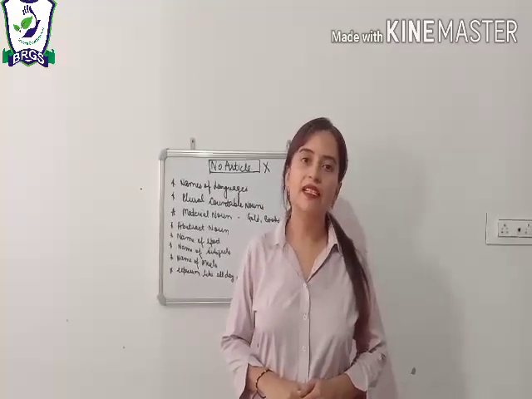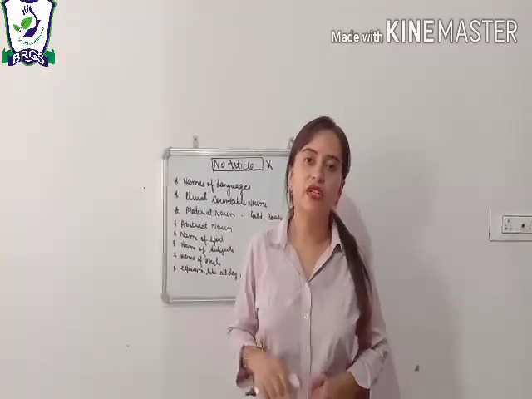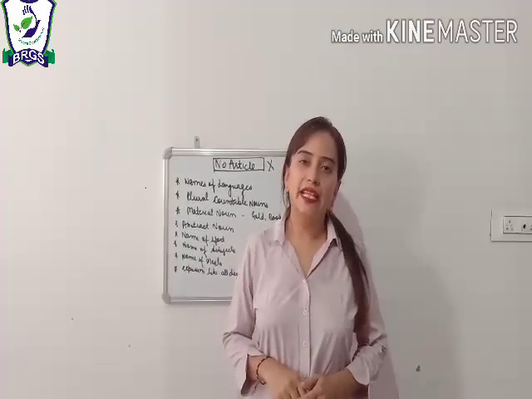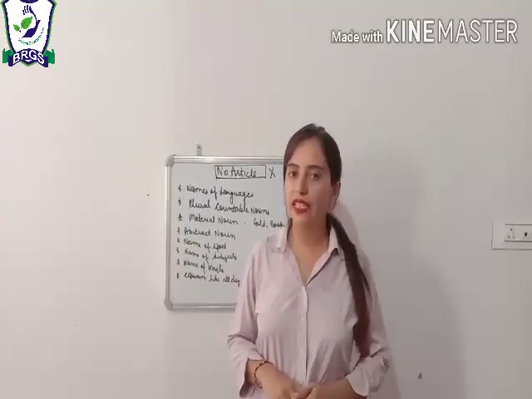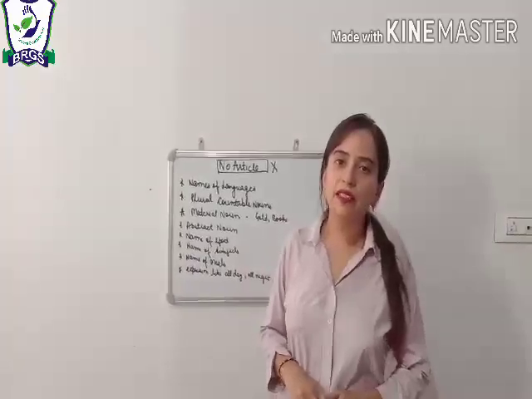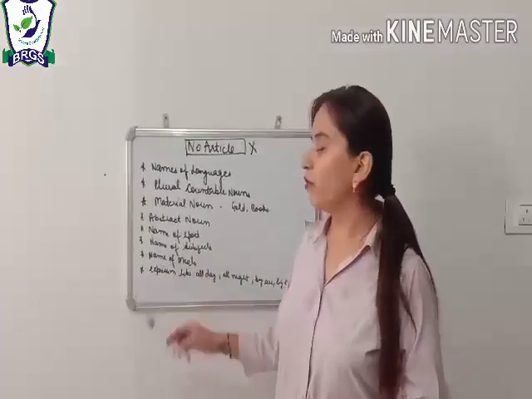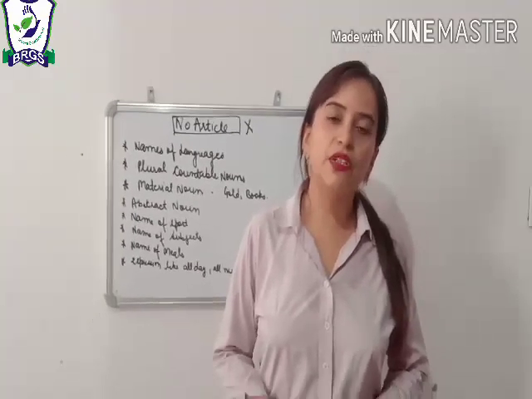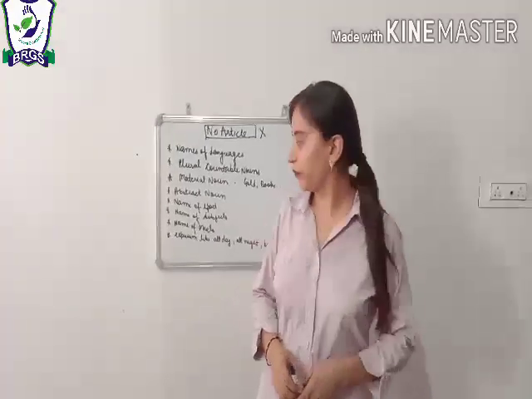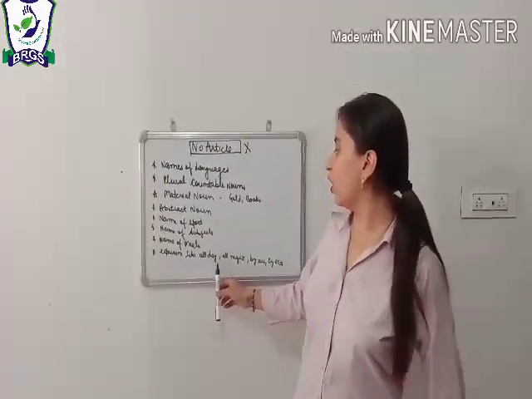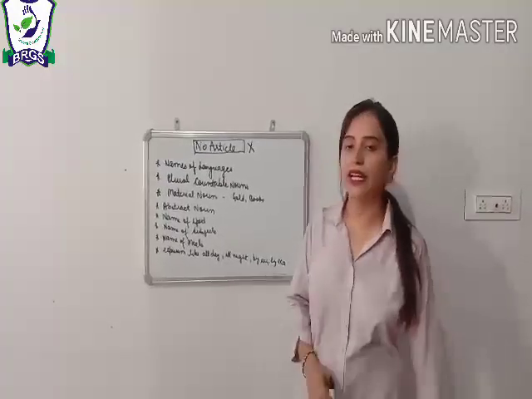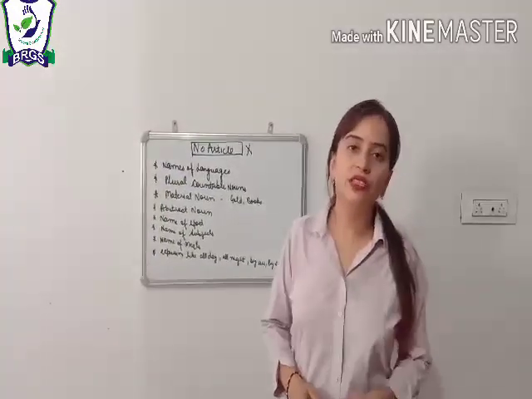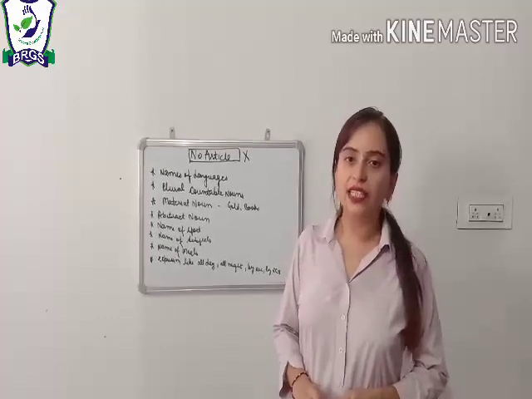Hindi, English, Math, Science, SST, Physics, Chemistry. We don't use any kind of article with these academic subjects. Names of meals. Lunch, dinner, breakfast. We don't use any article with them. And expressions like all day, all night, by air, by sea. We don't use any article with these